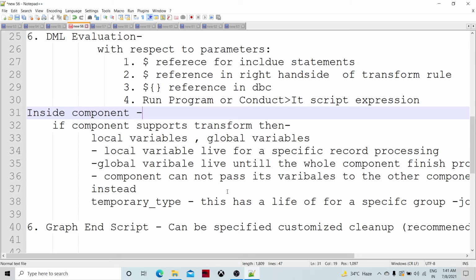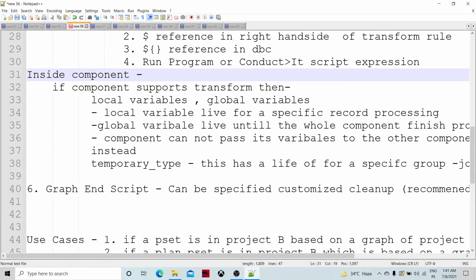The assignment of the value is going to live for that particular group, right? So this is the inbuilt mechanism of those respective components, so we need to take care. And then there is a graph and the script is going to be called. Okay, so this is going to be the end of it. And then with the inbuilt processing, the inbuilt things are getting processed, right? So if the graph fails, then the recovery things happen internally actually.